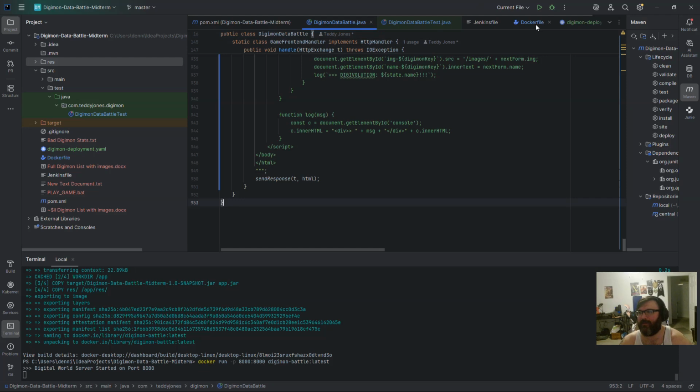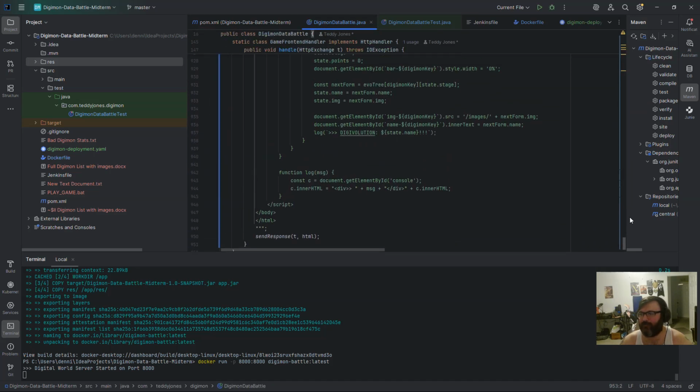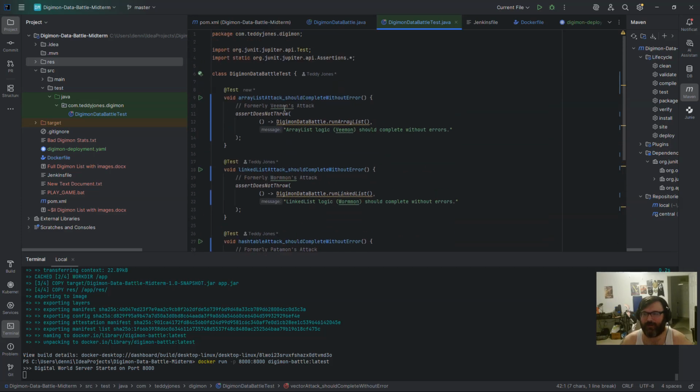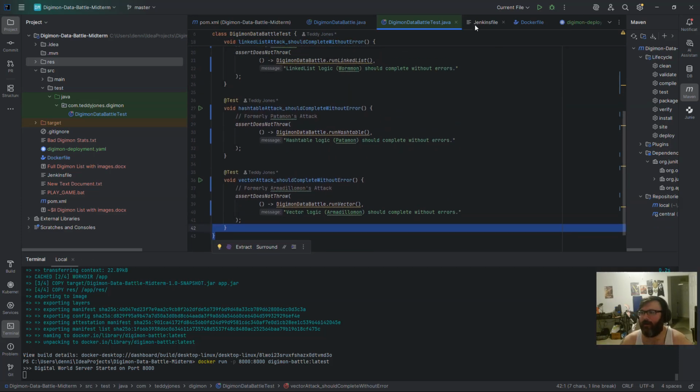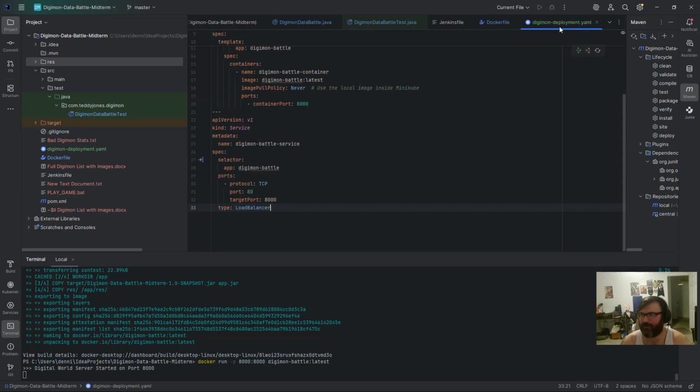So we got our same things as we did before. We've got our POM file here with all our information in it. We've got our Digimon Data Battle Java, which is our main application here. We've got our test to make sure that the logic is running correctly. And we got a Jenkinsfile and Dockerfile, that's for containerization and deployment. Here's our deployment YAML, excuse me. Anyways,